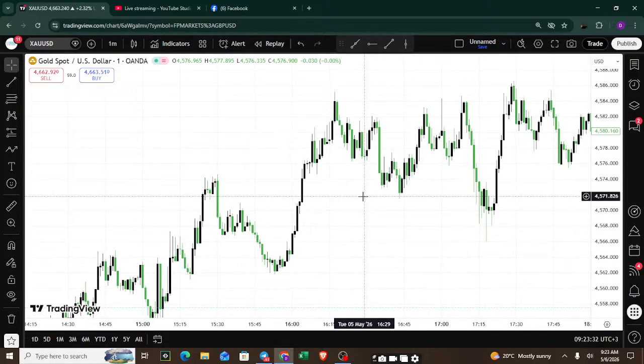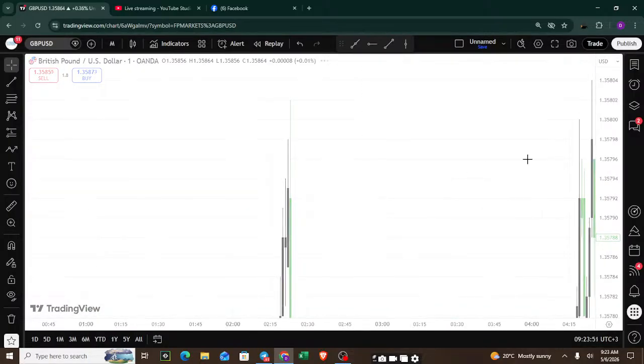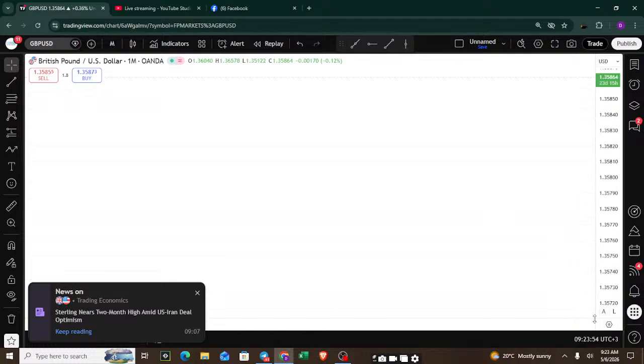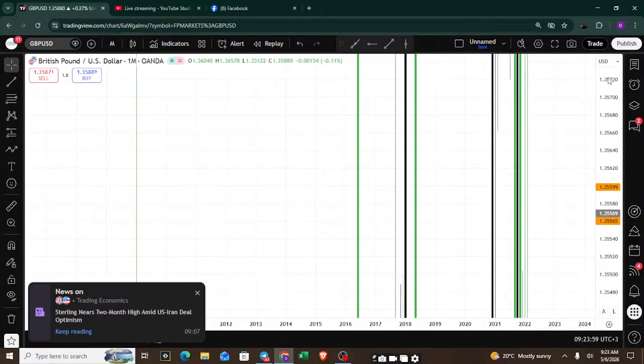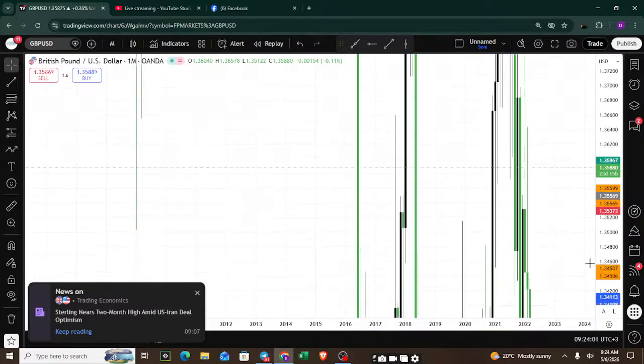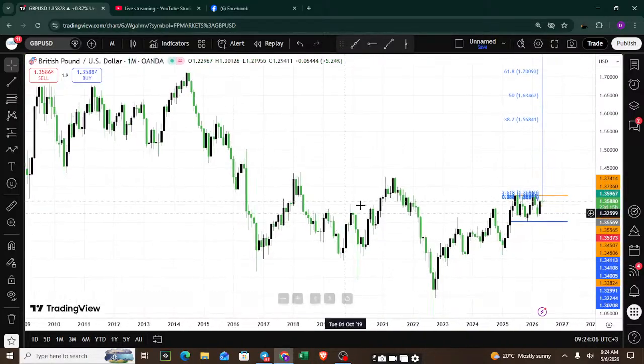Now the reason why I have diversified to go to gold after trading GBP USD for a long time is because right now GBP USD is in a very strong consolidating market. So GBP USD, when you look at the monthly time frame, we are operating on what we call a ranging market, and because of that, my system itself